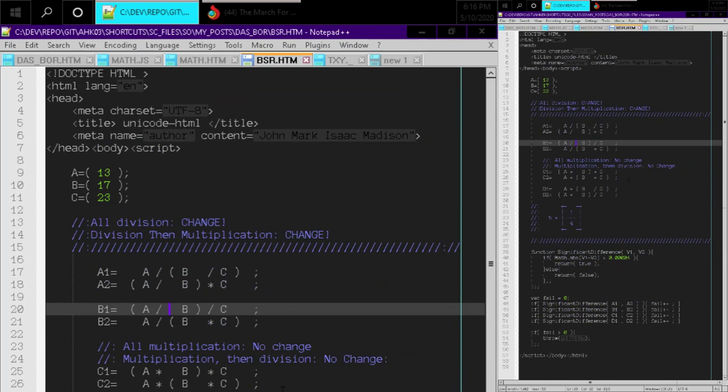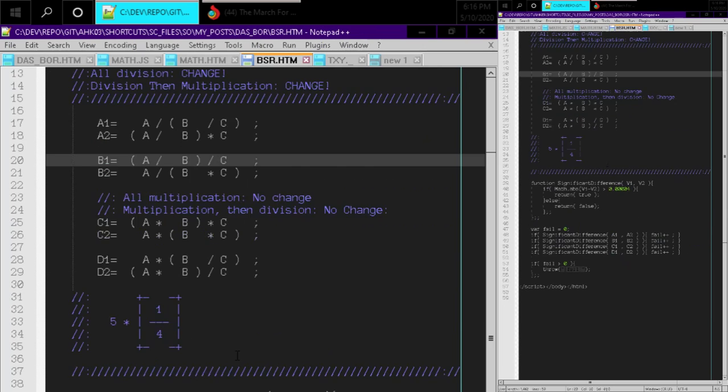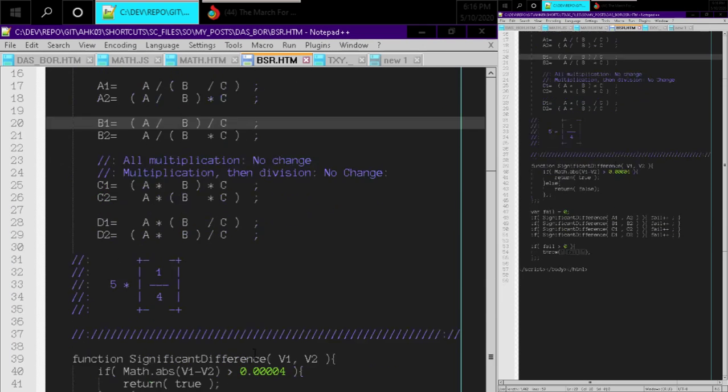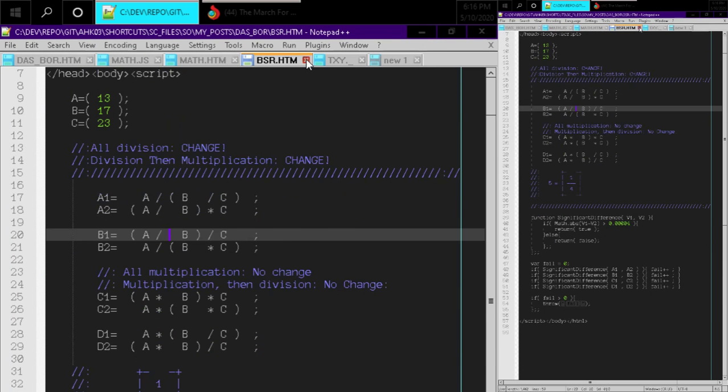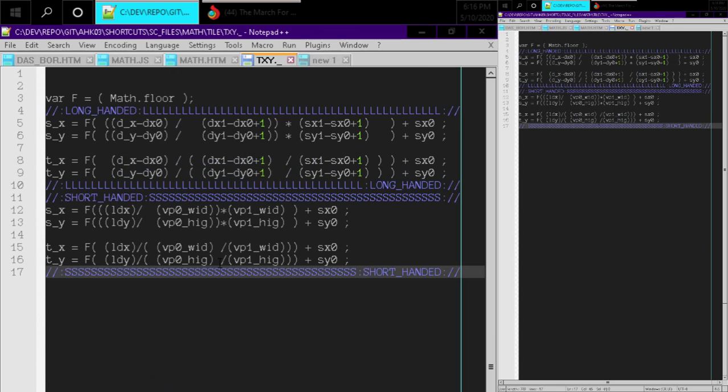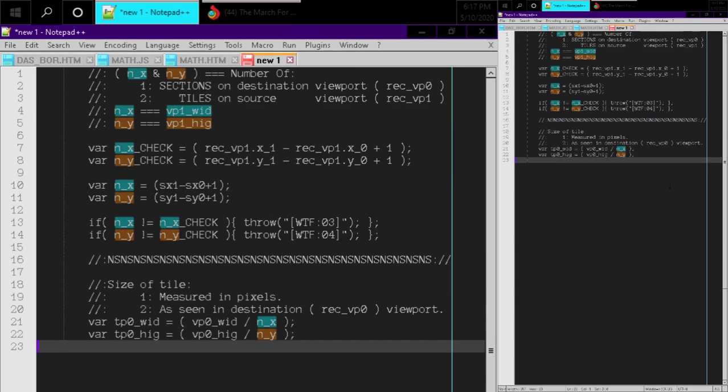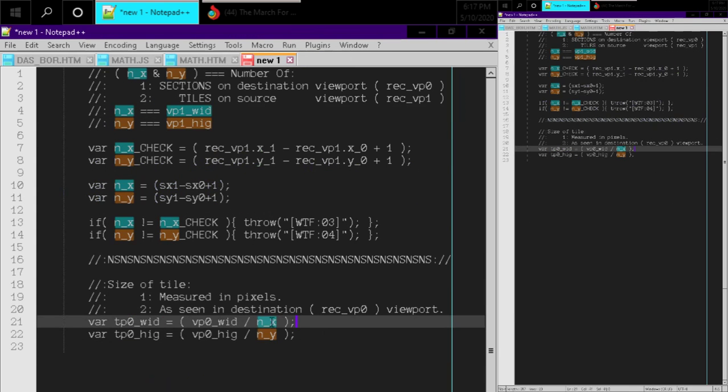And do I need this open? Because I keep on flipping to it, and I think I'm pretty much done with this. So let's close that and stop looking at it. So our formulas for calculating the tile X, tile Y, aka source X and source Y. We don't need that anymore. Let's close that. Here's my little scratch pad here, which, oh, here's the size of the tile that you're going